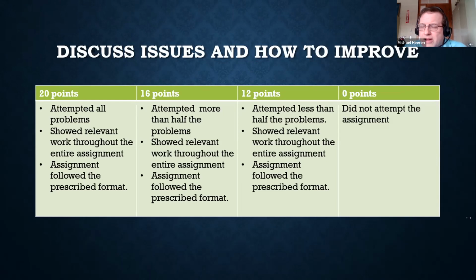Ah, better word choice. Yes, Marissa, more specific word choice, especially for the 20, since that's what the students are trying to aim for. I agree, because the students don't want to look at the 16 and the 12. They should be looking at the 20. So you make sure that you have good words that everybody understands. I agree with that. Okay. What about our 16 or our 12? What kind of improvement would you like to see there?